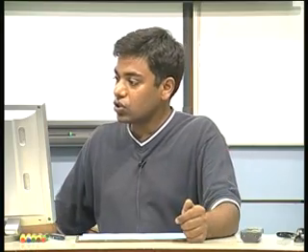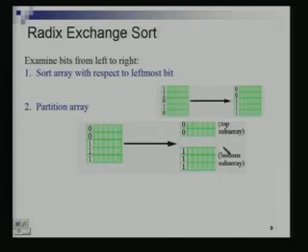So, I can sort this bottom subarray independently of the top subarray, and then I just put them together and I would get a sorted sequence. So, it is a divide and conquer algorithm once again. There is a divide step in which the zeros come before the ones, there is a conquer step, and the combine step is trivial here. The conquer step is the recursion.